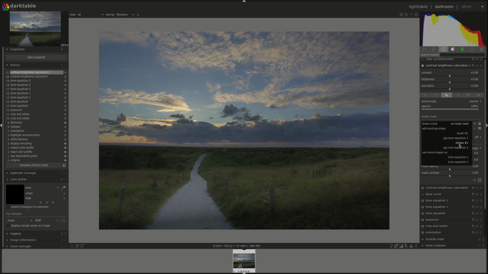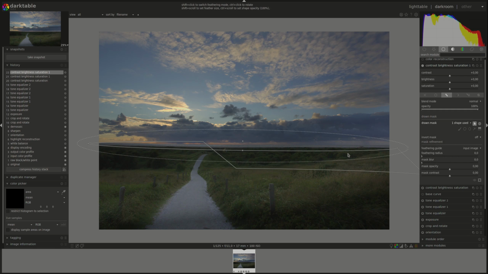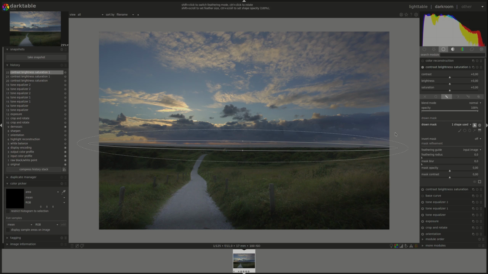I can see I've only used one ellipse, so wow, what is that? Not sure. Okay, that's much better. Probably a bug. Okay, now we have it back again, the same ellipse that we used for brightening the sky